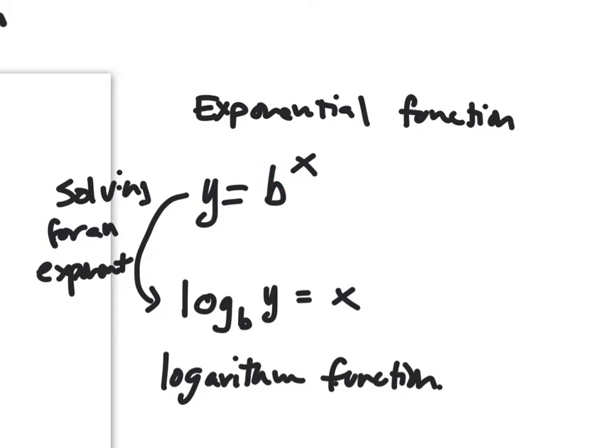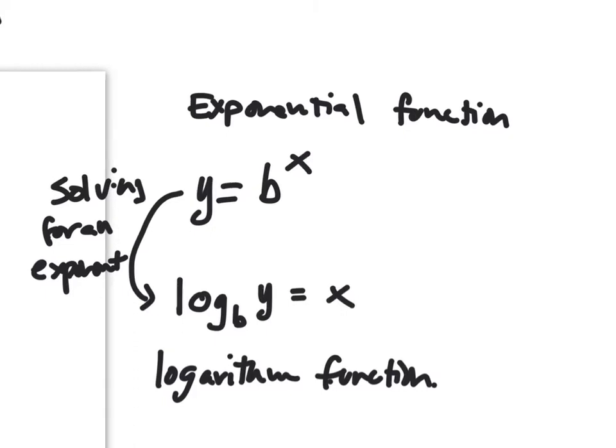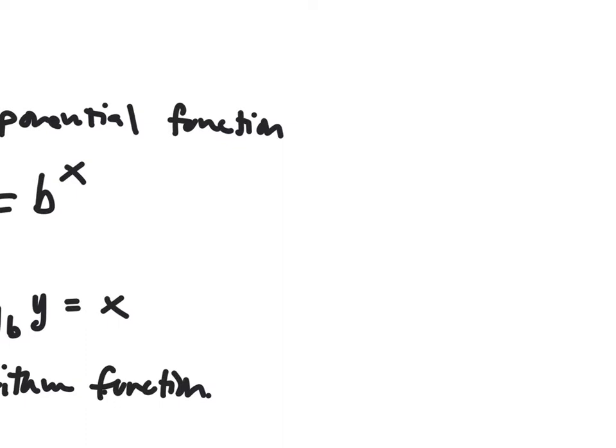Now to go the other way, and this is the story that I always would tell a student. Let me rewrite this as log base b of y is equal to x. Given a log equation, putting it back in exponential, I would do this. In order to get rid of the log, the log is being supported by this b right here, and the b is sitting there and it's going, all right,